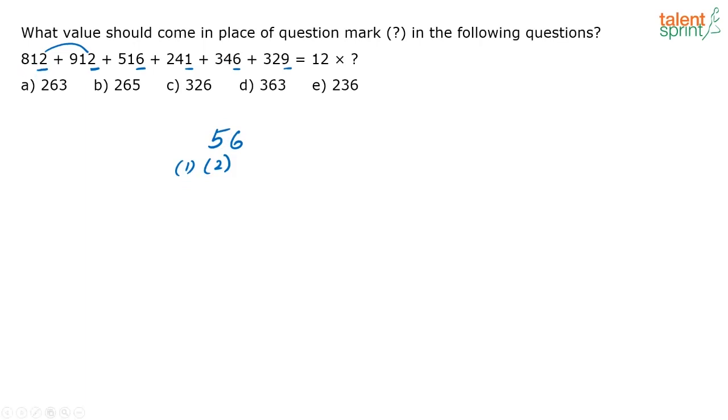So what do you get here? You get 3 plus 3, 6, 6, 7, 8. 8 plus 5, 13. 13 plus 9, 22. 22 plus 8, 30. Plus 1, 31. So you will get 3156. So 3156 is equal to 12 into question mark, or that question mark is equal to 3156 divided by 12, that is equal to